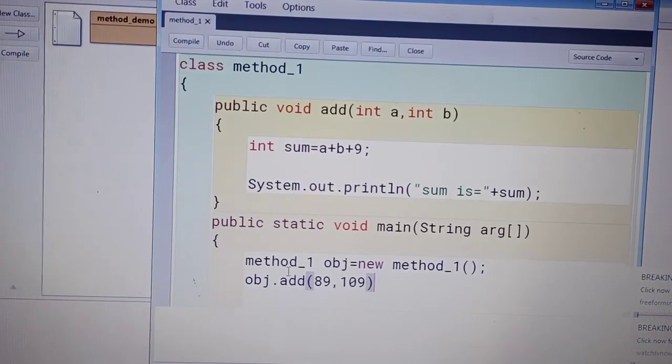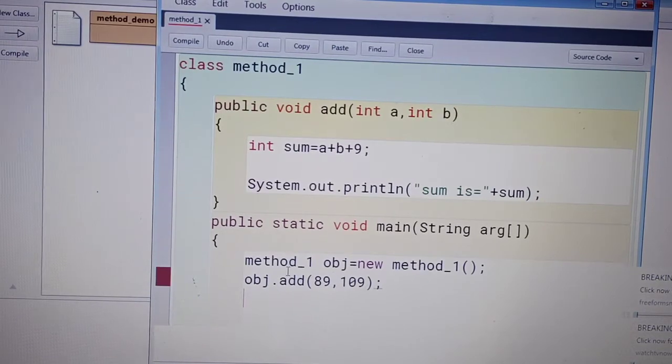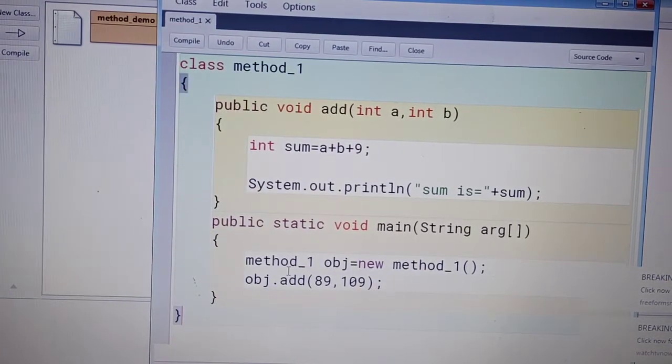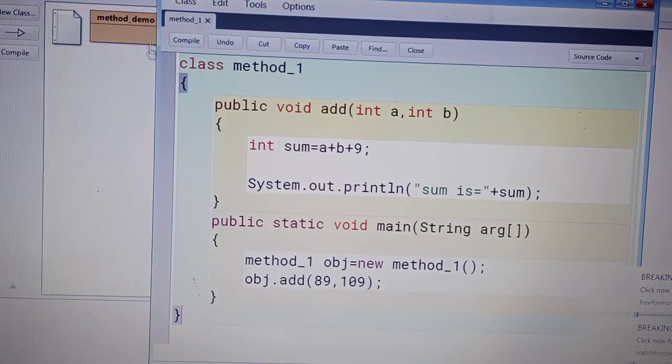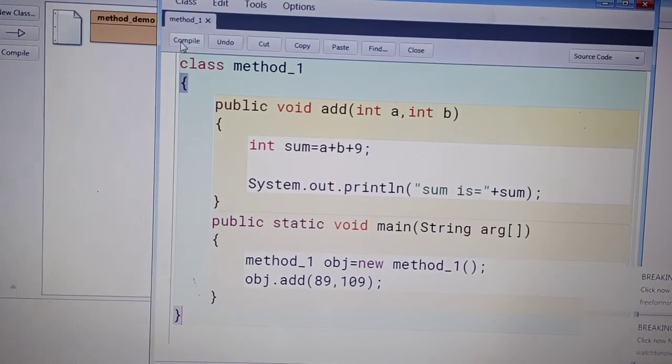After passing this, semicolon, enter, close the main method block and close the class. Okay, after closing these, click on compile. When you click on compile, there is no syntax error.